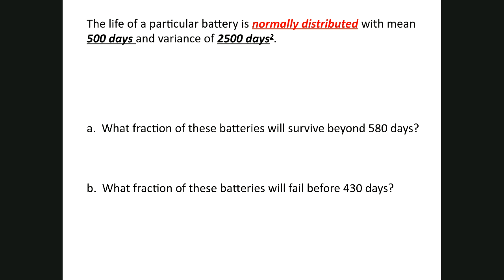So the random variable in this particular case is the lifetime of a battery. And it doesn't matter what you call that, we can call it X, but just to be different, let's say L is the lifetime